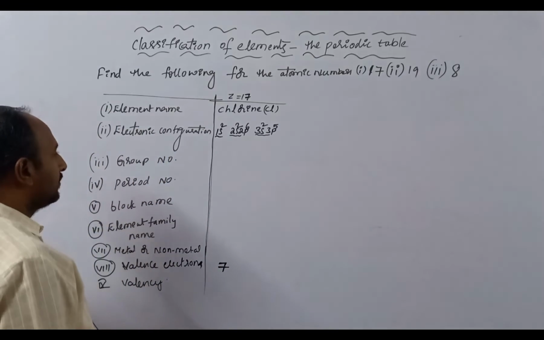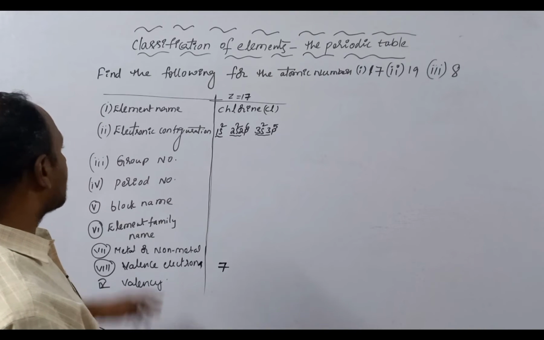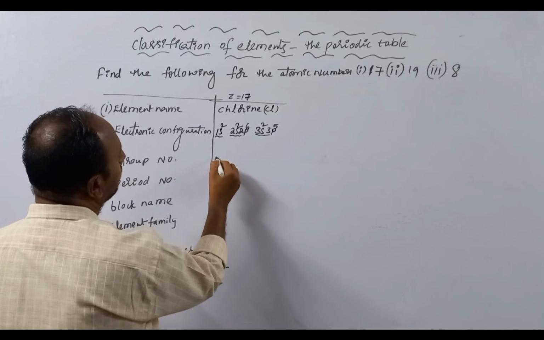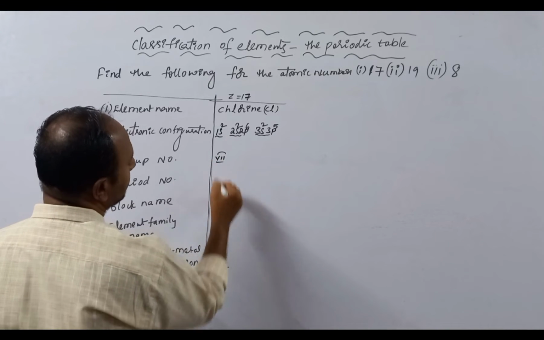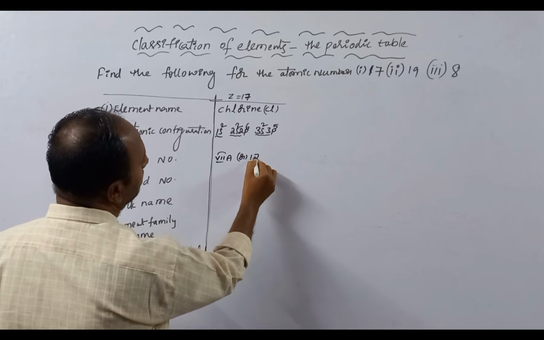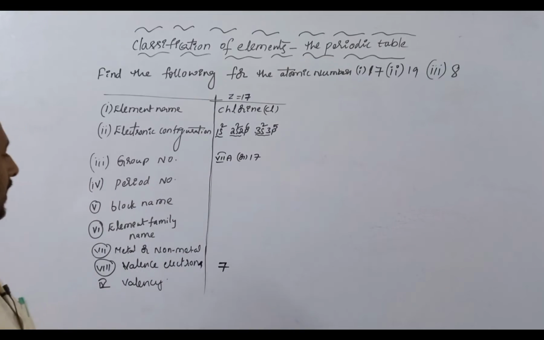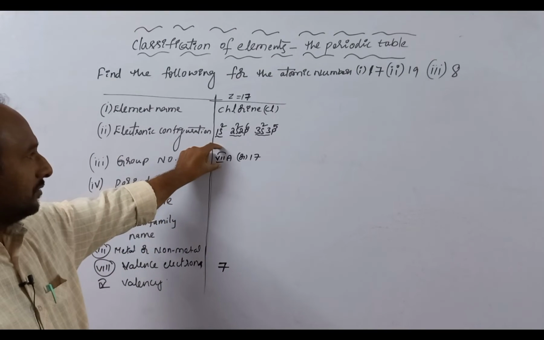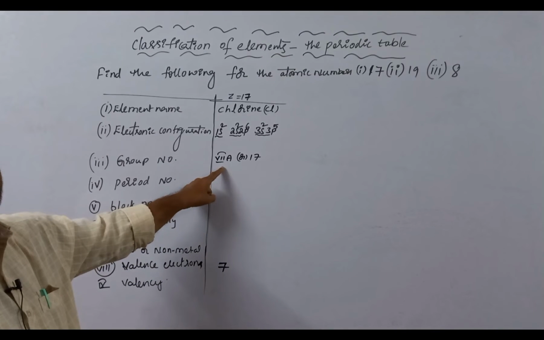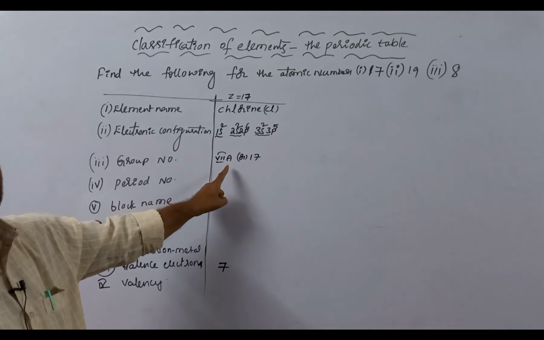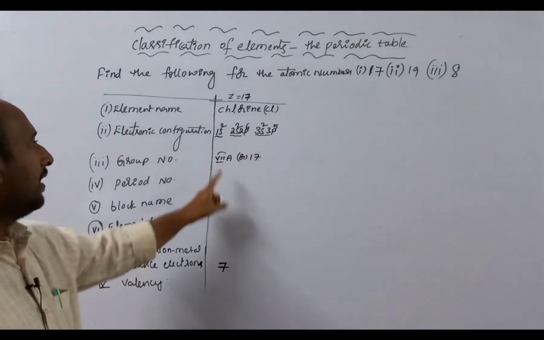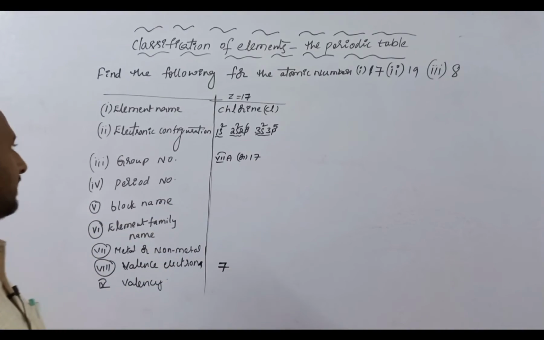In the previous video we explained that valence electrons equal the group number. That is why the group number of chlorine is 7th A, or it can also be the 17th group. Valence electrons 7 means group number 7. Subgroups are denoted by A and B, that is why it is written as 7th A, or in Arabic number it can be written as 17.